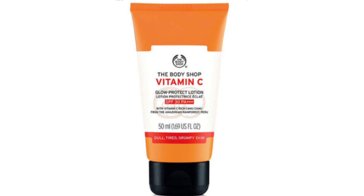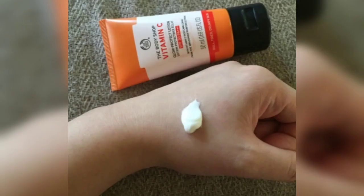This sunscreen is suitable for all skin types: dry, normal, combination or oily. But if you have dry skin, this sunscreen is perfect for you, and it works amazingly on your skin. Personally, I like this sunscreen very much, and it removes your skin dullness, because this sunscreen contains